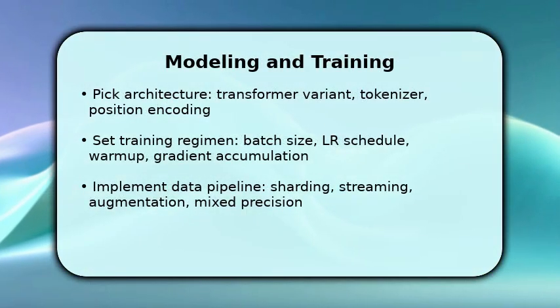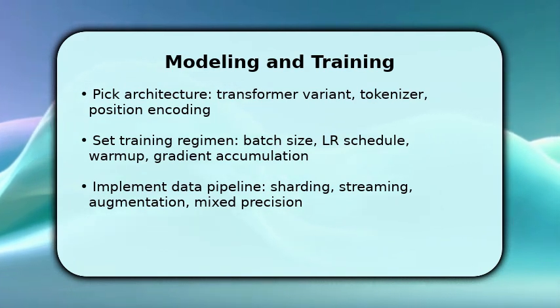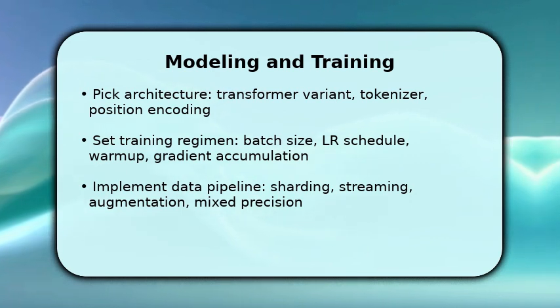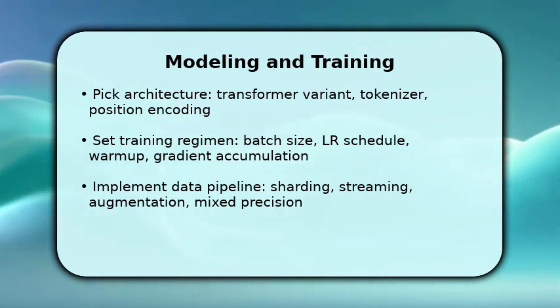Now you build and train. Choose a transformer variant and tokenizer that match your token distribution. Iterative tokenization tuning reduces OOV noise. Set hyperparameters pragmatically, batch size tied to GPU memory, learning rate with warm-up and cosine decay, and gradient accumulation to